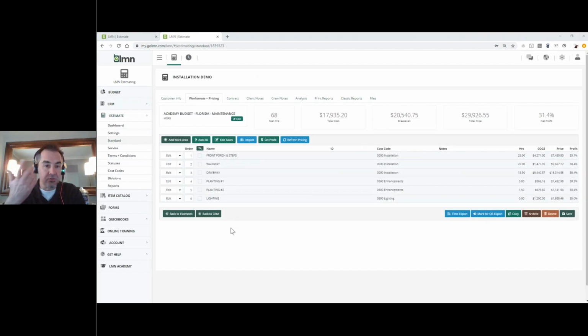So the other option too, we kind of covered this off briefly, was the different options that you could do to actually generate your billing. So again, if you wanted to do these by work area or by specific project, it could be a multifaceted project that you're doing or a larger installation where you've got different areas here. So what we could look at is how you actually have your work areas broken down. So if I were to do my front porch and steps at 7430, my walkway at 2667,